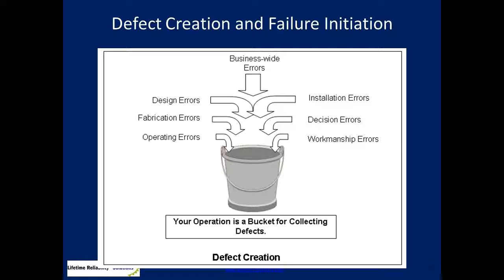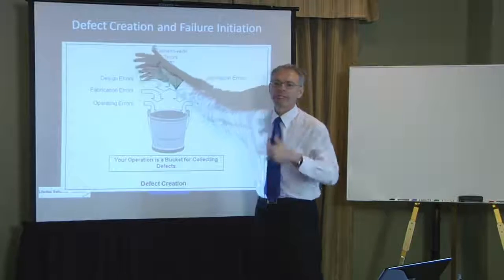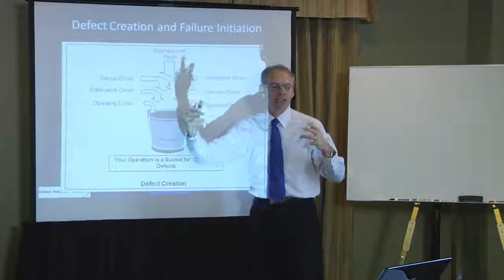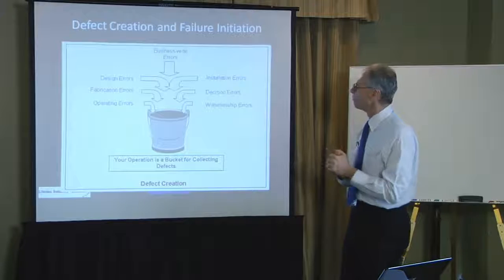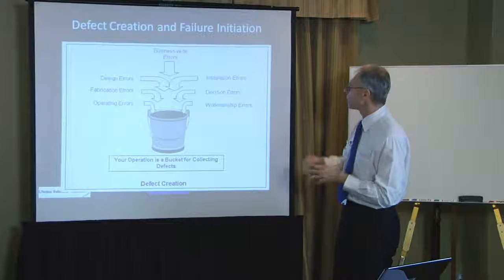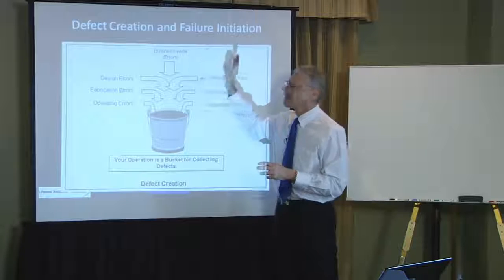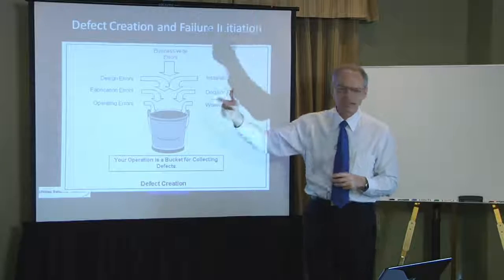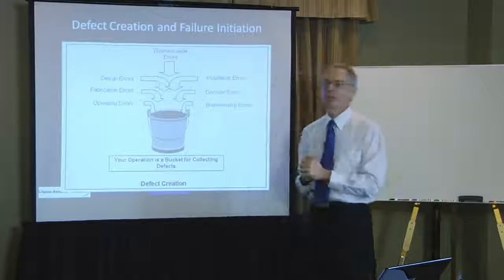What DuPont found was their company was collecting trouble from everywhere, from operating issues, fabricators' problems, design errors from engineers. We saw yesterday the nuclear power industry, 35% of the early life problems are design problems. Installation problems from wrongly installed equipment, decisions from managers not seeing the full picture of things, and of course workmanship errors, human error type factors. And that wasn't just in maintenance, it goes across the business. IT, accounting, finance, everybody has humans in their process, and humans create human error.